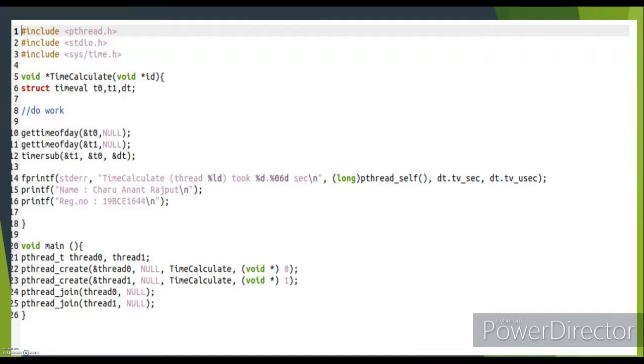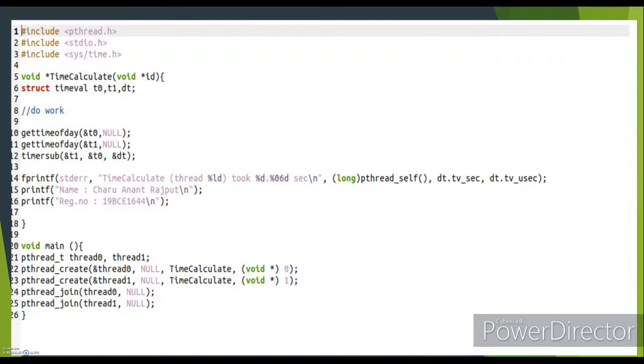Second stands for the attributes of the thread. However, we are passing a null value here because we are not currently having any attribute of a thread, nor are we using it. time calculate is the function that we want our thread to perform, and void star 0 is an argument, basically a command line argument.